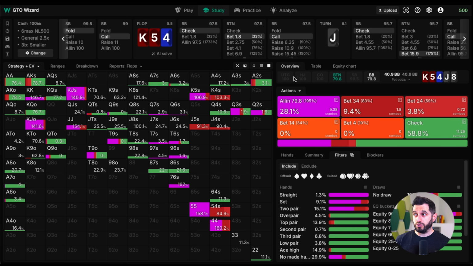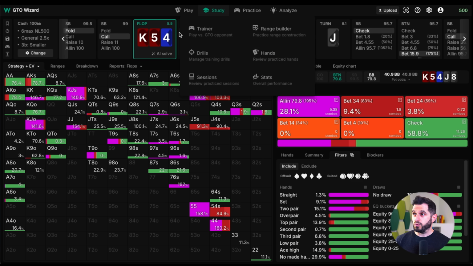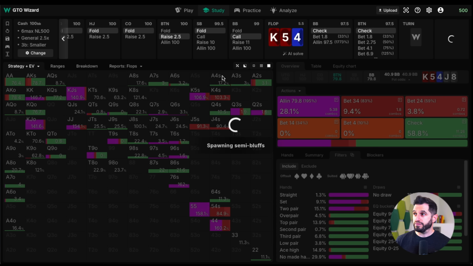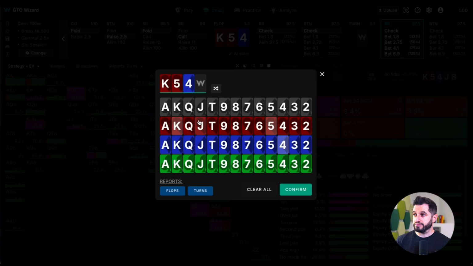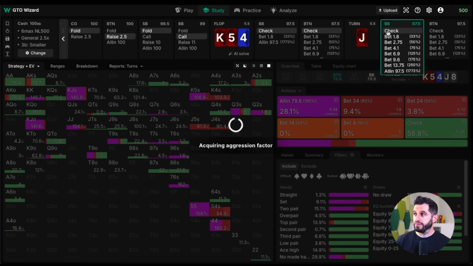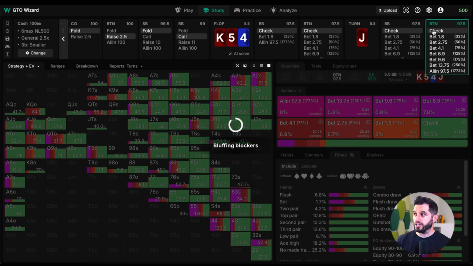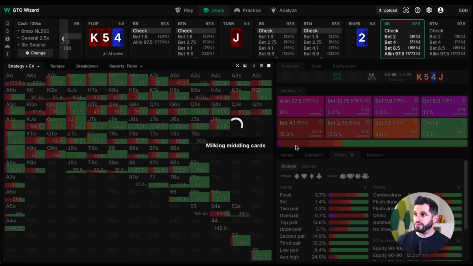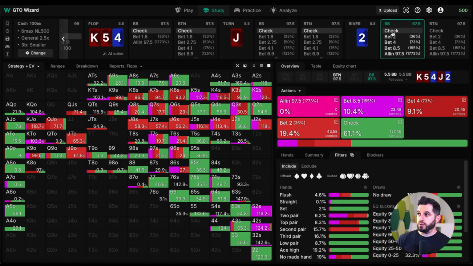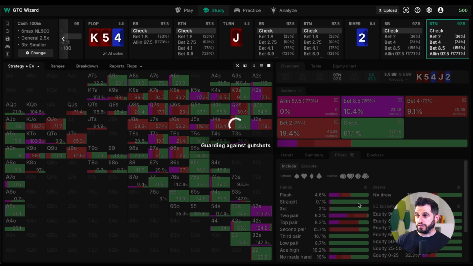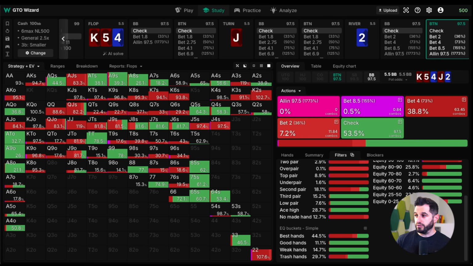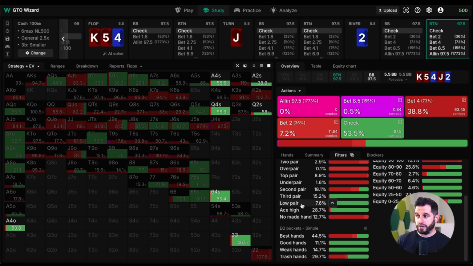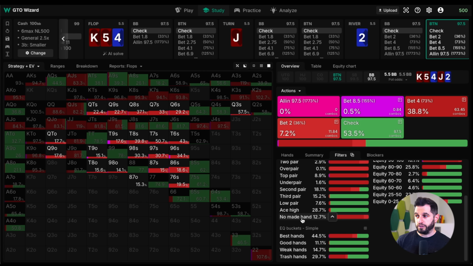So let's find another example of a heuristic. Let's take the same board. Flop goes check, check. Turn goes check, check. And we are on the river. So first I want to check and look at in position's bluffs. And what you'll notice is in position is barely bluffing ace high or a low pair,